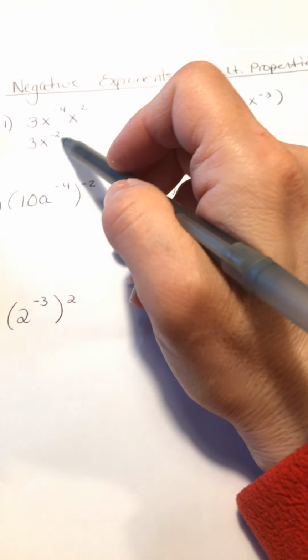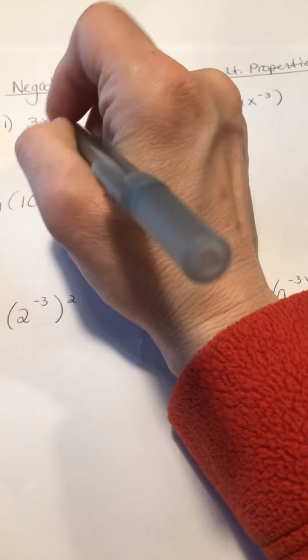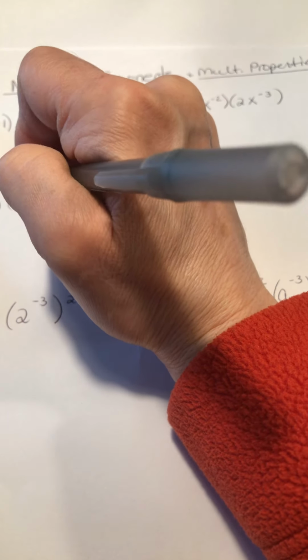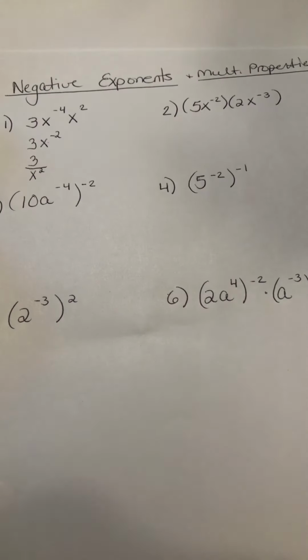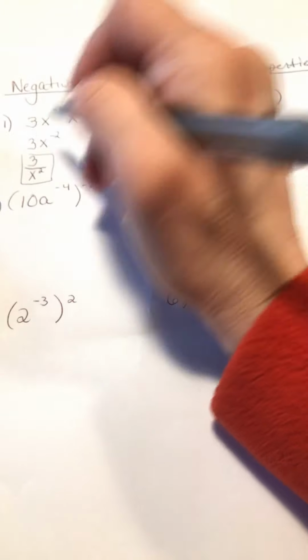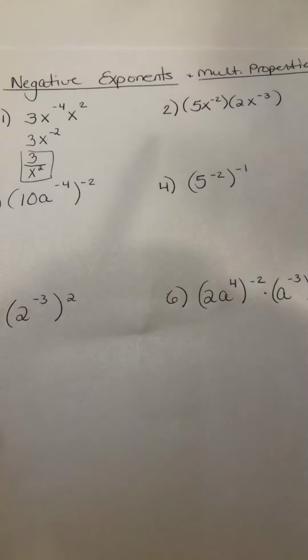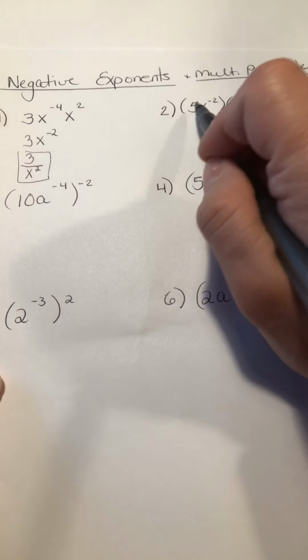So if you remember, when we have a negative exponent, we take the reciprocal of the base, so it goes from the numerator to the denominator, and then we change the exponent to a positive value, and we can call this problem done. If we take a look at number 2, again we have multiplication here, and we're going to